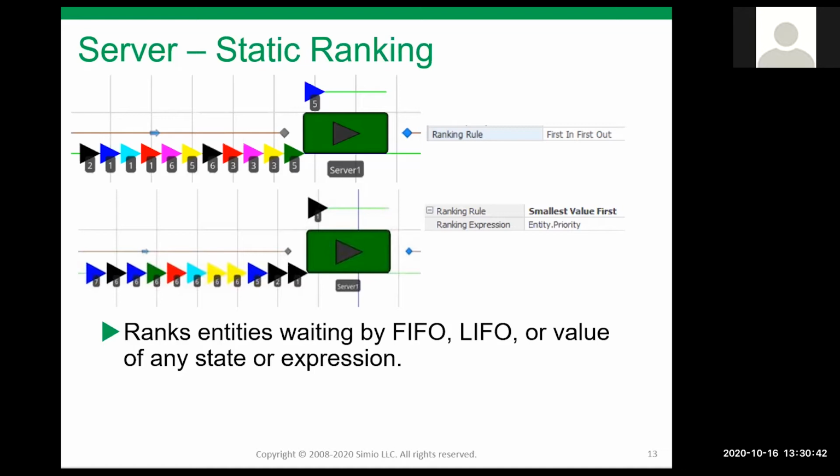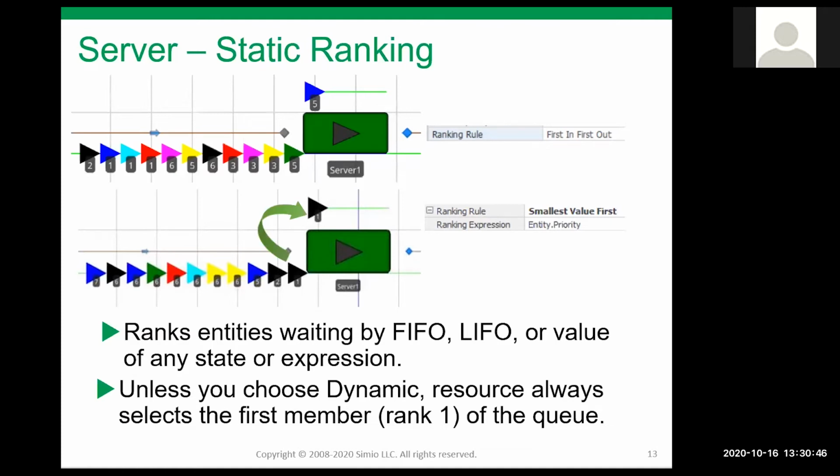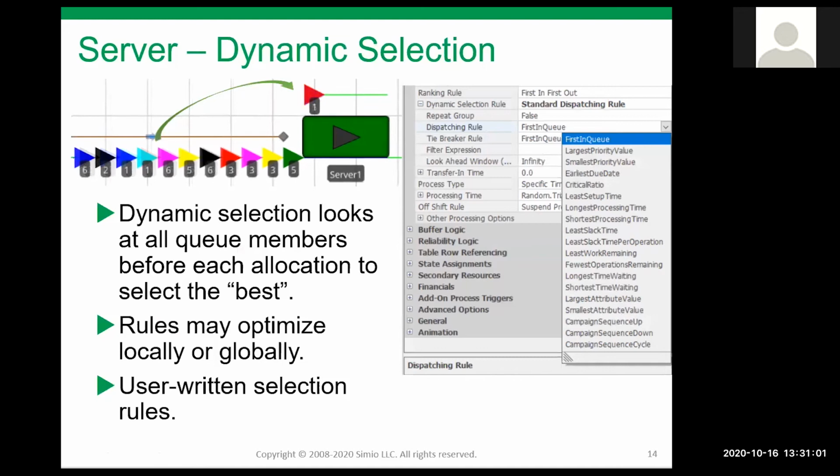So you can do that, and in this case, in all cases, the resource will automatically always pick whatever's first in the queue whenever it goes idle. So that is static ranking. Then the opposite choice of that is dynamic selection. So note the different words: static ranking, which ranks how things are in the queue, or dynamic selection says, I'm